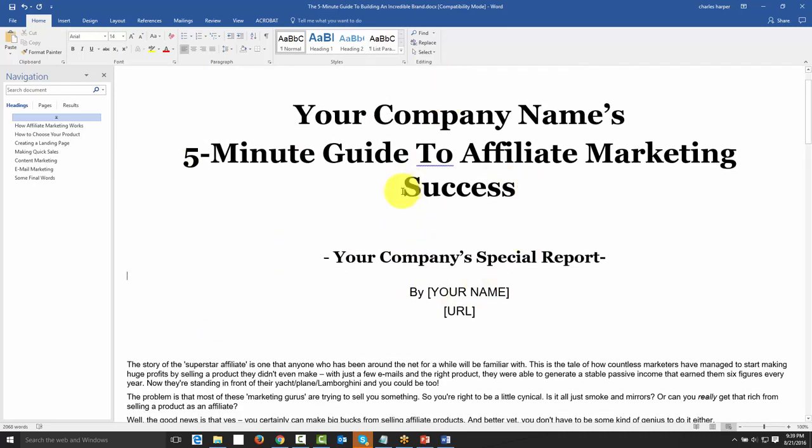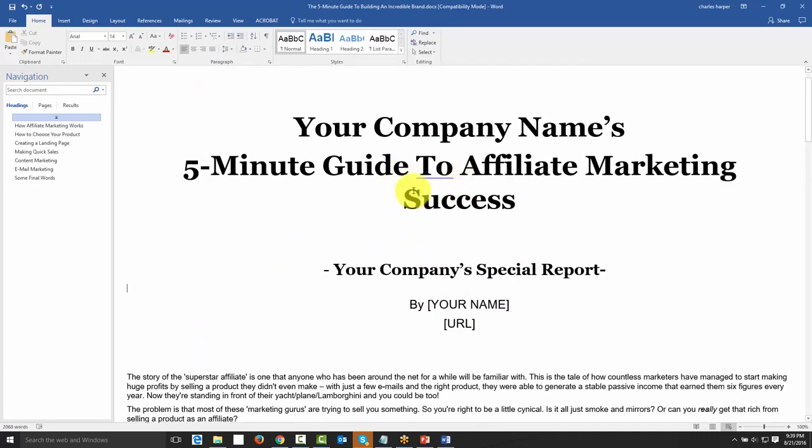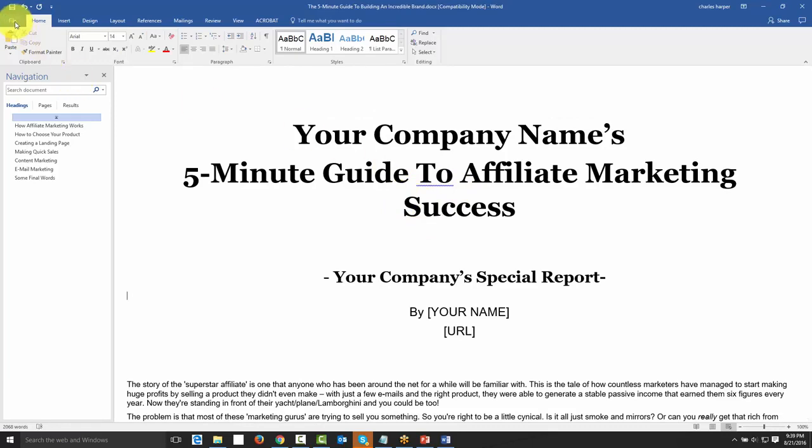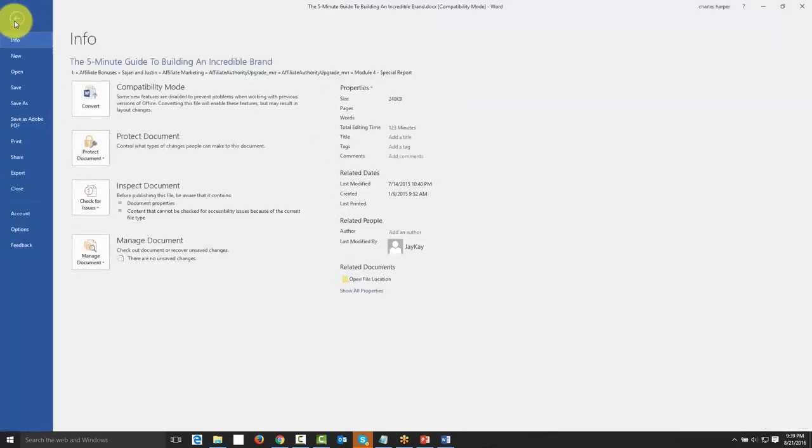So once you've branded or rebranded your document, all you're going to do is go to the file area and save that document, and you want to save it as an Adobe PDF. And that will give your customer a branded report. It'll give them something of more value than a Word document, and you'll already have it in the format that they can read on both their PC as well as on their mobile